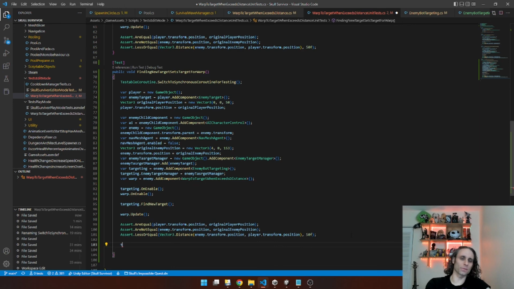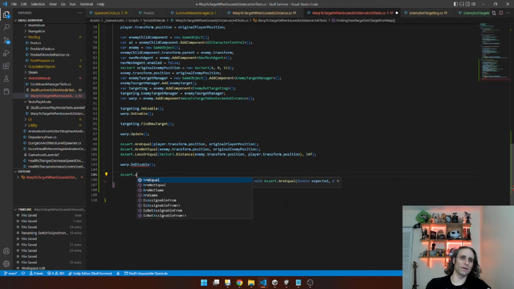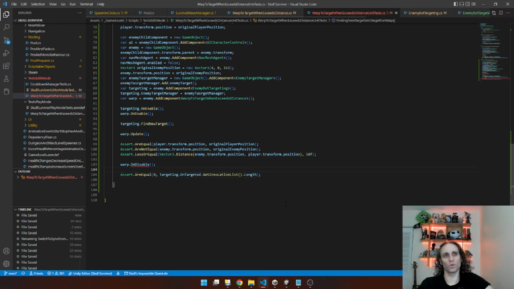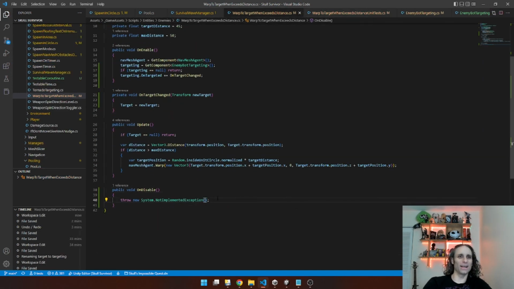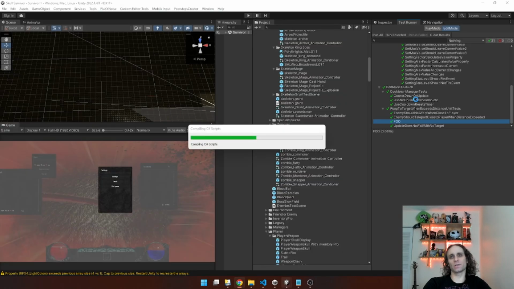warp dot OnDisable. So we're going to call a function that doesn't exist yet, and then we're going to assert that they are equal to 0. So with disable, we want to basically prove that disable did not. So we want to get the code compiling, and we're going to remove this exception, and we're going to show that the test fails. I'm going to just move it up here. We're going to show the test fails, and then we're going to show a pass, and that will be the end of this installment, which has